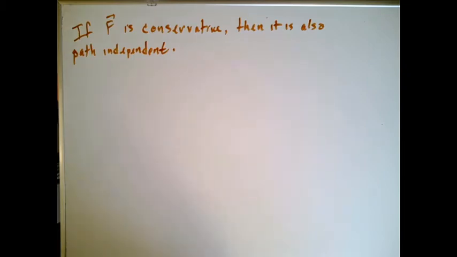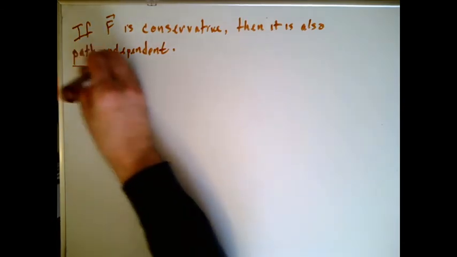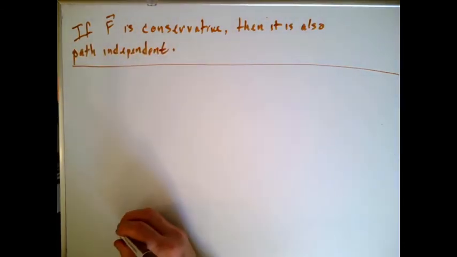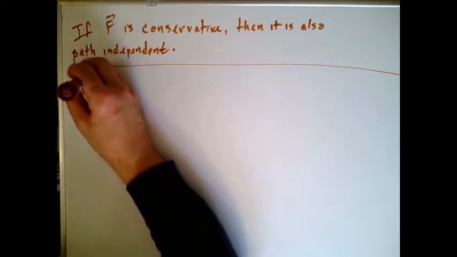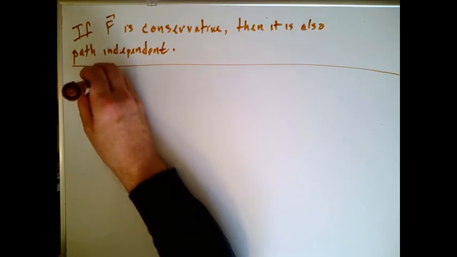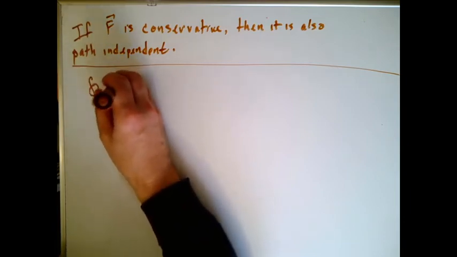This is the last of the easy implications. If f is conservative, then it is also path independent. Let's write down mathematically what each of these means instead of using the big words. Saying that f is conservative is just saying that the integral around any closed curve